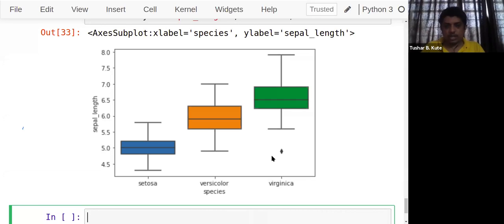Fine. And that is the range over which it's expanding. And this box is showing one thing. See, this line is the median of values from 0 to 50%, and this is the median of values from 50 to 100%. And this is the median of all values. So the median of 0 to 50% is called the first quartile, that is the 25% quartile.